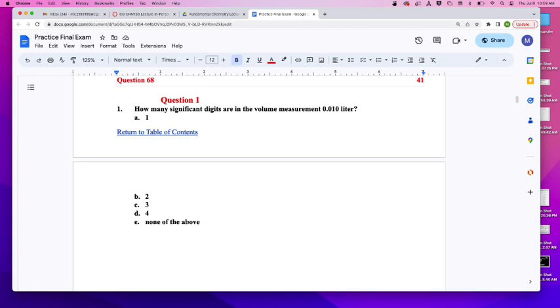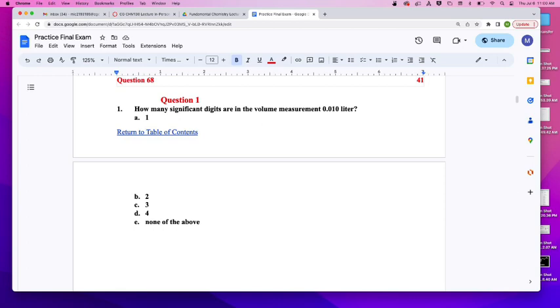The new common final that is targeted to the competencies is more accurate, but the practice exam isn't quite as accurate. So there are gaps within the practice exam. Ultimately, the way the practice exam was written was they were sick of writing the common final, and so they just threw a bunch of questions in the practice exam and just said that's what it was. So the practice exam does have holes in it.